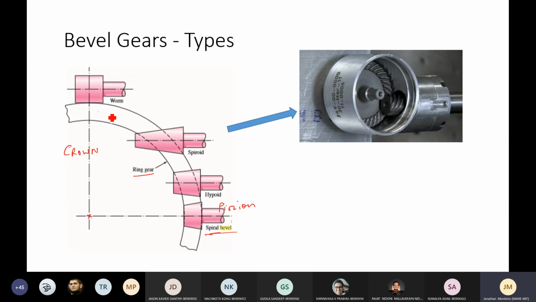There is one more extreme where the gear entirely shifts to the outer circumference. Such a type gives rise to worm and worm wheel. Here the ring gear will not have teeth on the surface. In all the others the teeth will be on the surface, whereas in worm gear the teeth will be external to the surface. In between this worm combination and spiral bevel combination, there are different combinations.